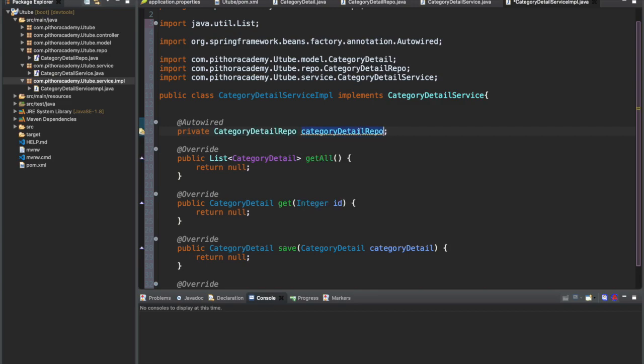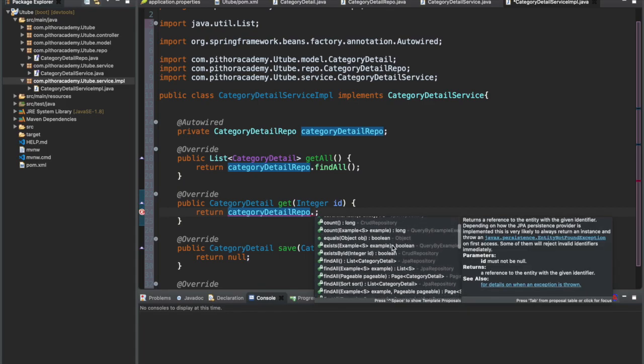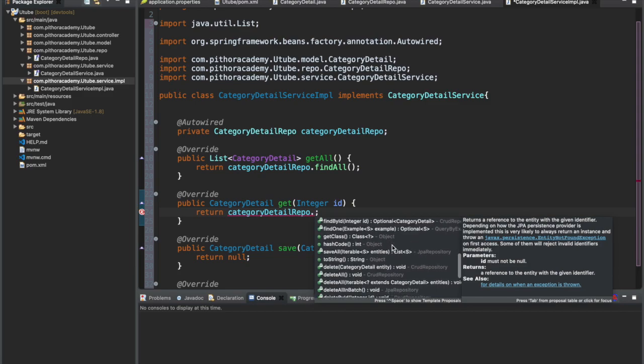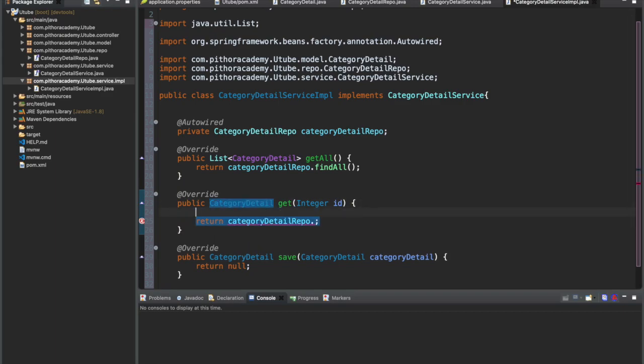And now for getAll we have the findAll method. JPA repository comes with a variety of methods. As you can see over here, we have a huge list of methods, so using these methods you can do a lot of things. For this get method, we'll make an object first and we will return it.